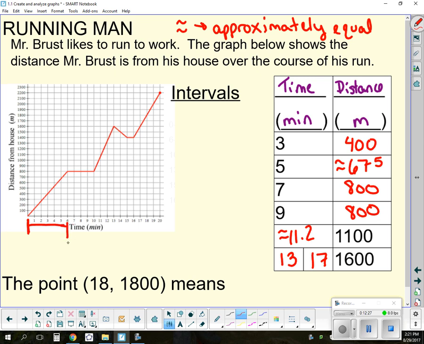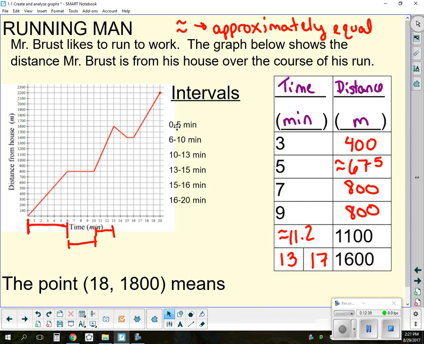And then we have something different happening from 6 to 10. And then from 10 to 13, right? So we can talk about what's happening in each of those intervals. 0 to 6, 6 to 10. You can go ahead and jot those down into your notes. Okay, so from 0 to 6,